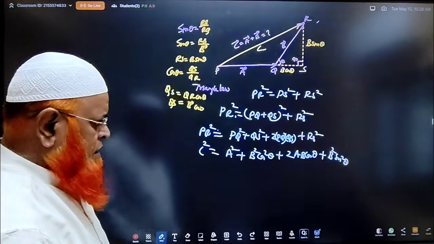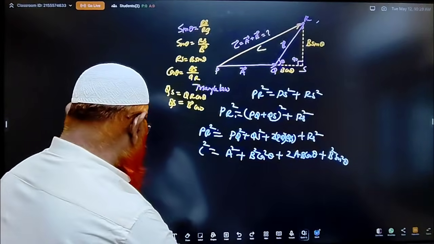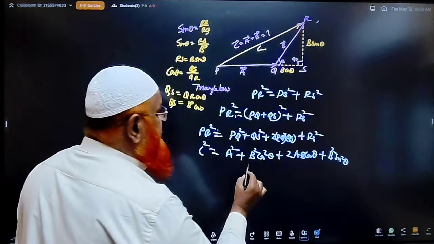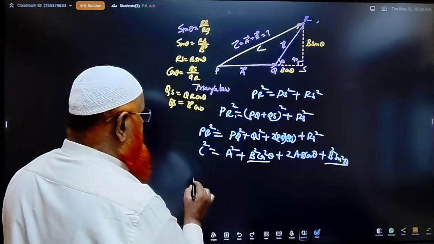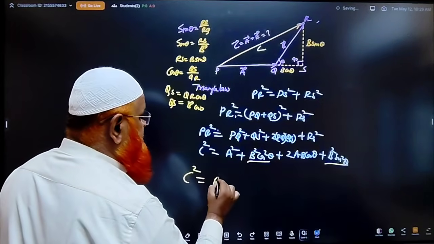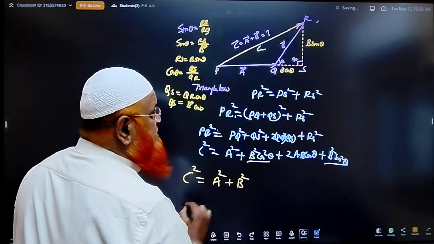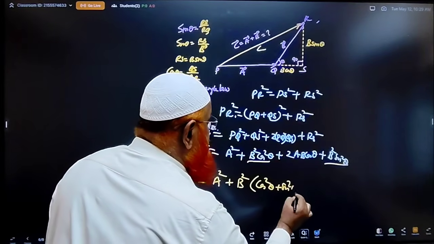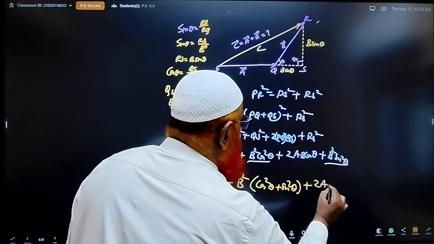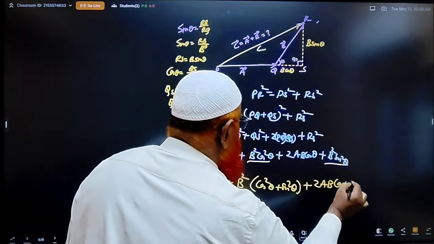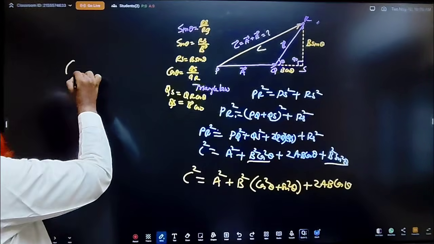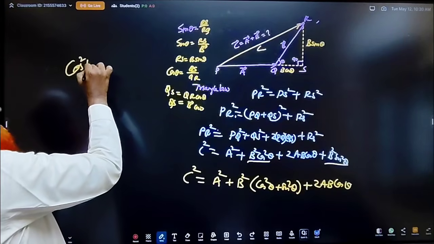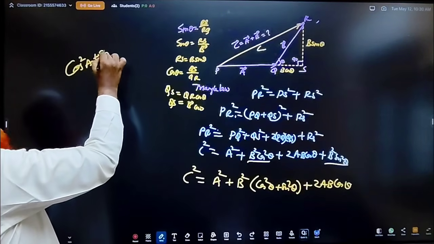Now, got this one. What I will do now? From this I will take these two parts. So this square I will write C square. This is A square plus, if I common out b square, I will get cos square theta plus sin square theta plus 2ab cos theta. Okay, so according to trigonometry, those who don't know trigonometry, you should remember one thing, that cos square theta